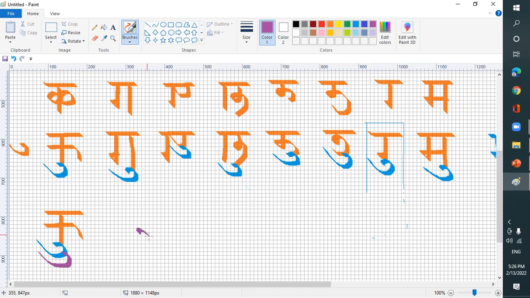These are parallel, two parallel lines. So one is this, another is this. This cannot go exactly too much on this. This can be slightly shorter. That is the only difference in U and U matra for these 8 alphabets. So now if I have to write all of them together,